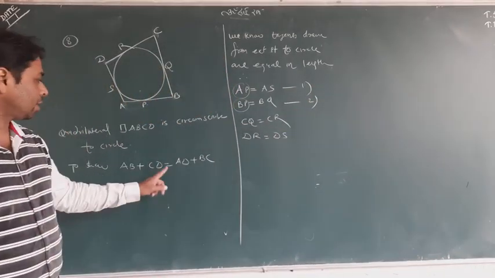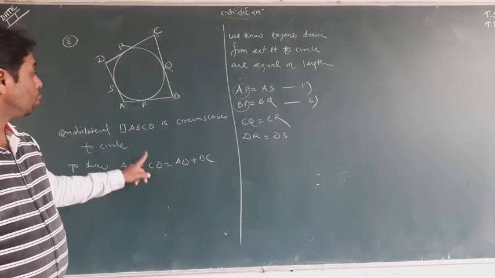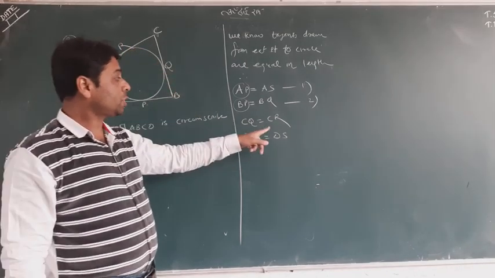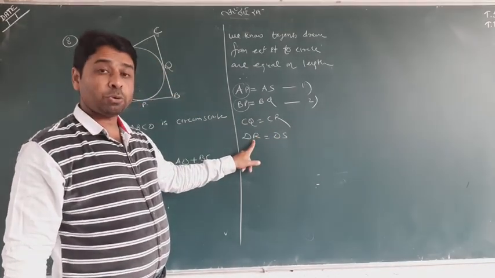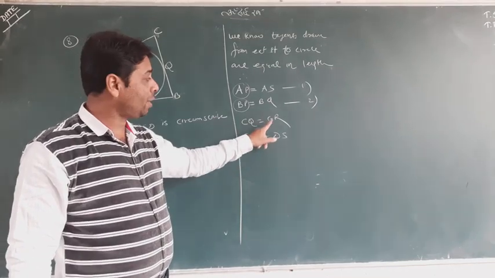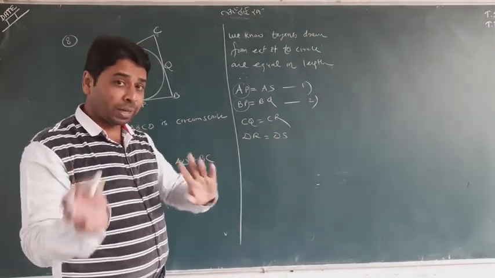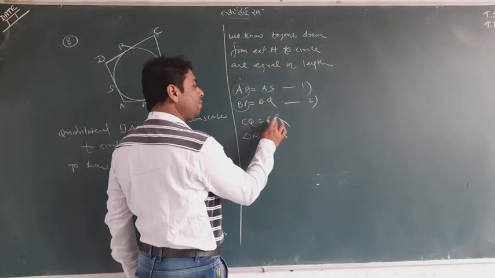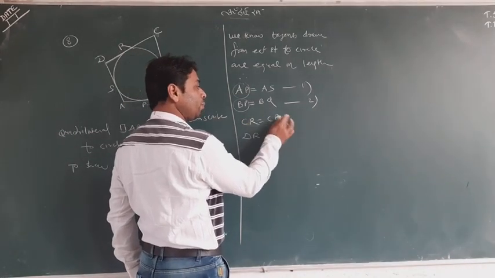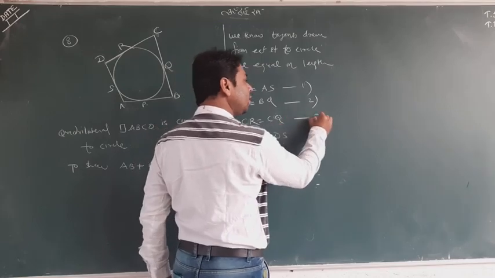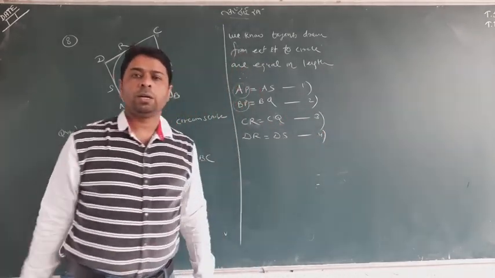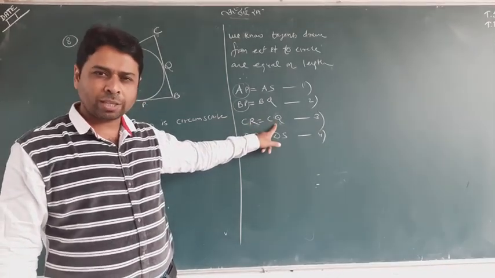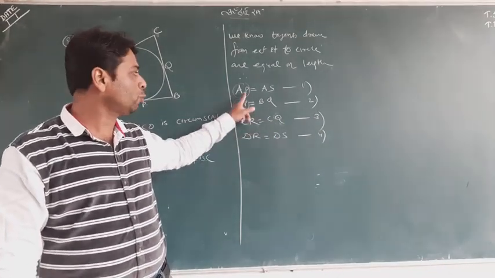But what about next? I need CD also. So CD means CR plus DR. So CR and DR, intentionally I want them on one side because I want to add them. So I will write CR equal to CQ. That is just the work. We have to think a little bit that CQ equal to CR is not good there. CR equal to CQ we have to write because we want to add all.